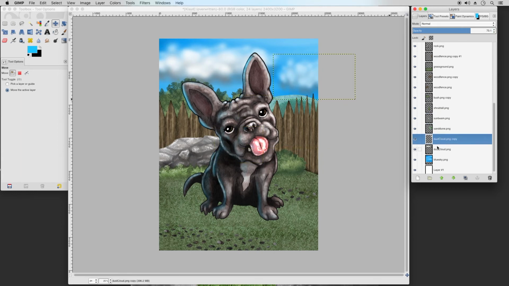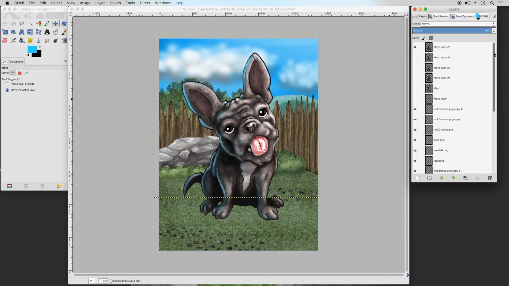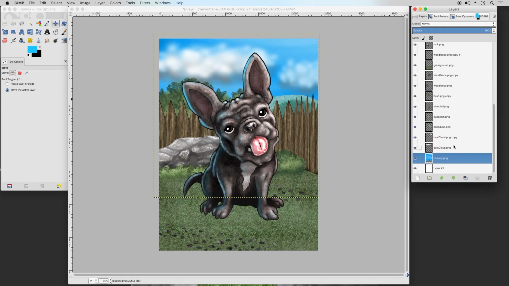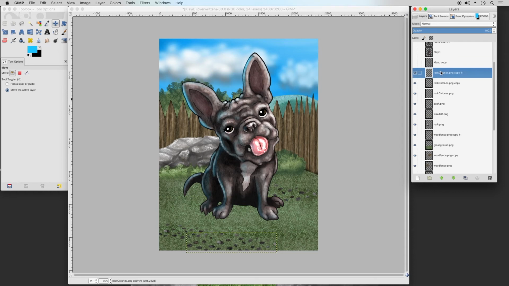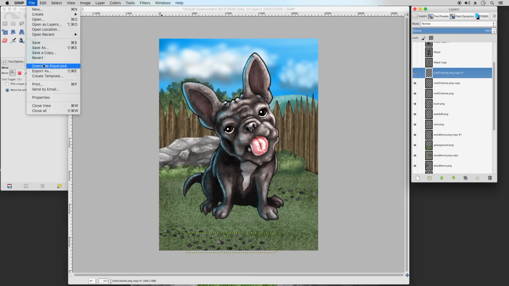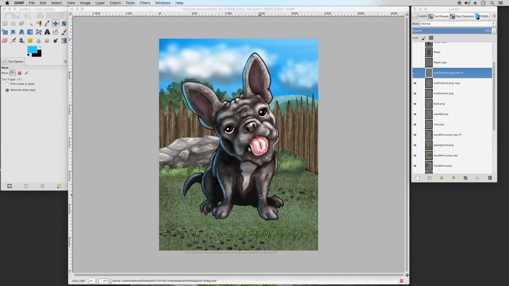And it's almost finished. Next thing I'll do is add some lighting. And where would I do that? It would be underneath the dog right here. So before I do that, overwrite. So I save it. Before I do anything else,